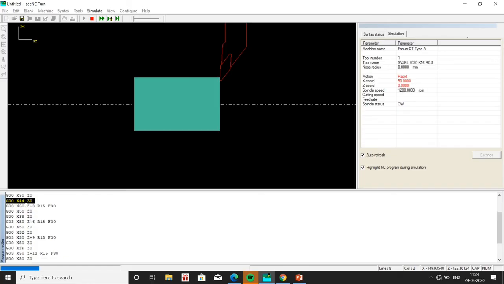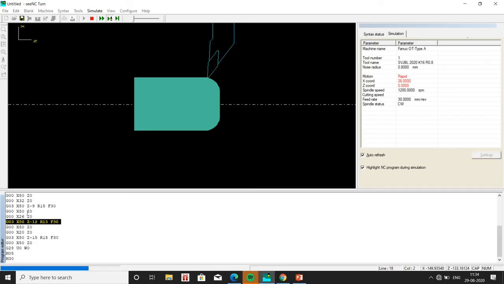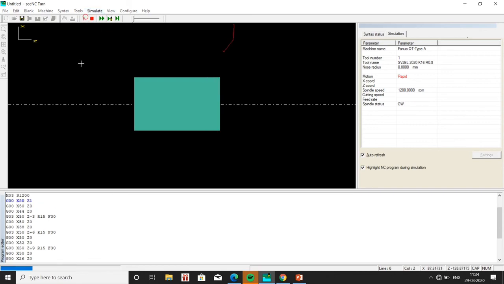X0 Z0, and then it goes to 44, and then from 44 it will go to X50 Z-3 and Z-9, so it will proceed like the same. Let me just play that once again.